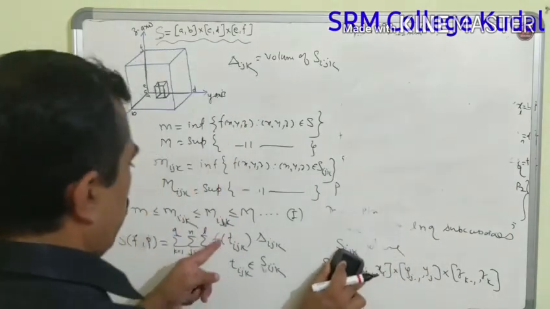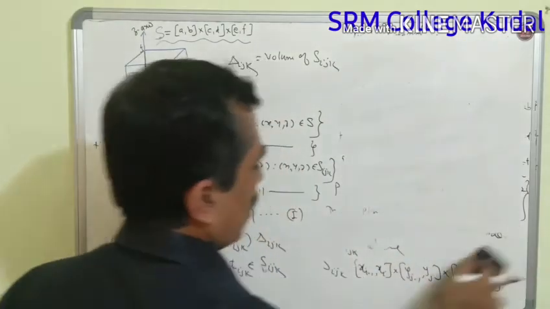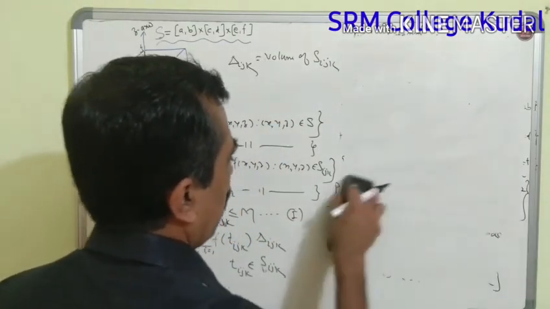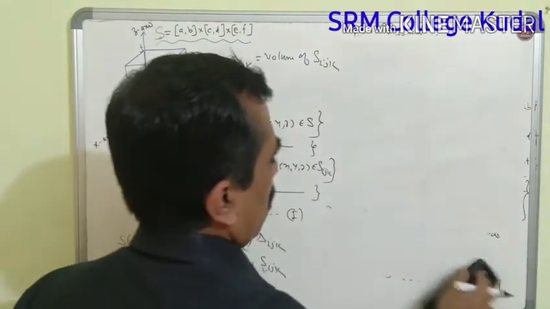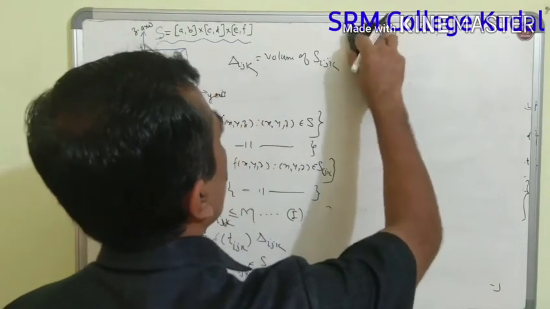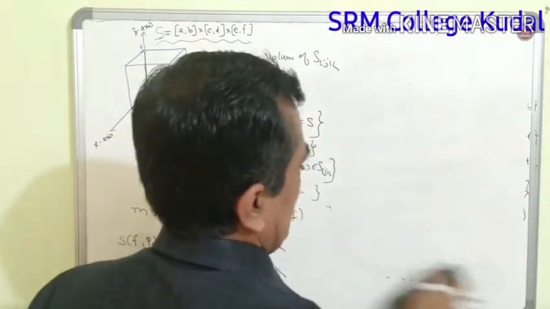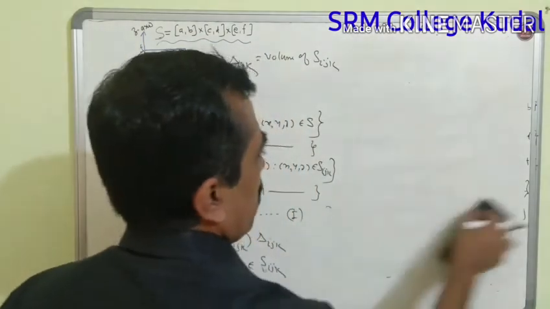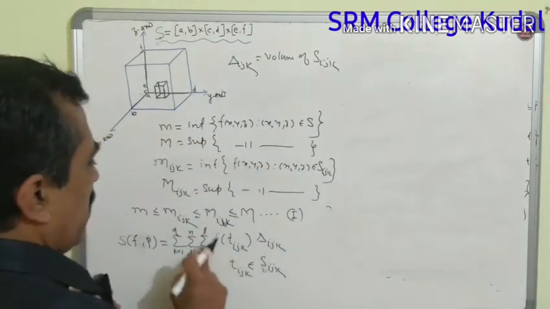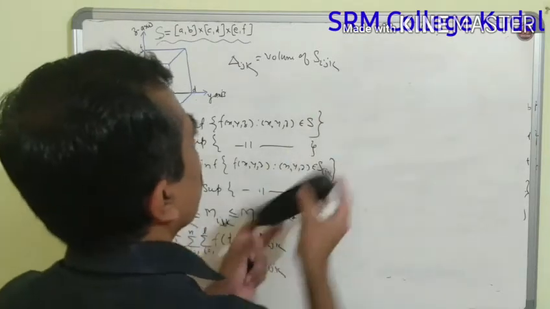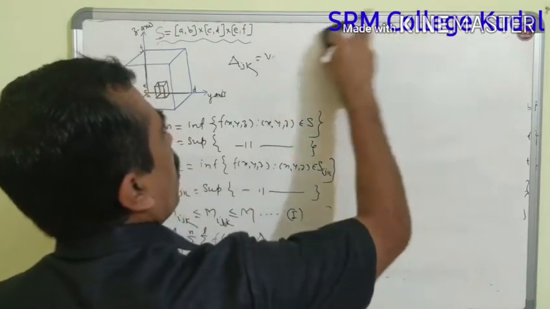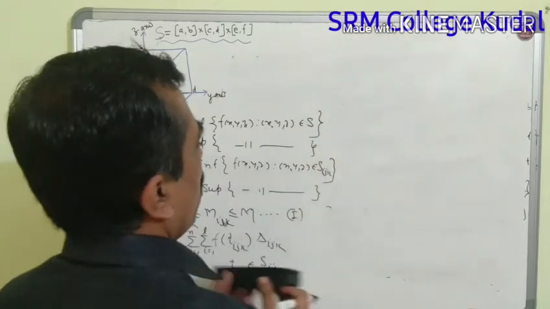If you replace f of Tijk by the infimum value, the resulting Riemann sum is called the lower Riemann sum, and if you replace f of Tijk by capital Mijk, it is called the upper Riemann sum. Respectively they are denoted as